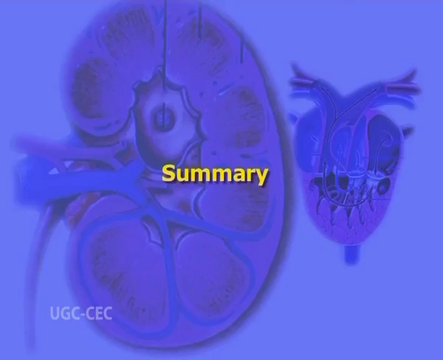Now, let us quickly summarize what we have learned in today's class. Our today's class is aimed at understanding the comparative anatomy of kidney and heart. Kidney is the central organ that plays a key role in excretion and osmoregulation. Scientists believe that vertebrate kidney developed from a primitive structure like that of earthworm Nephridia. In today's class, we learned about 3 basic type of kidneys, that is pronephros, mesonephros and metanephros.